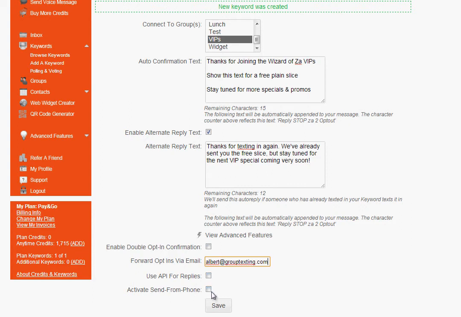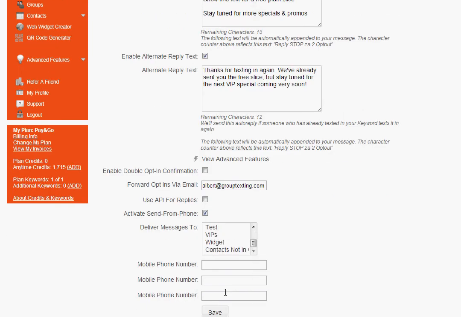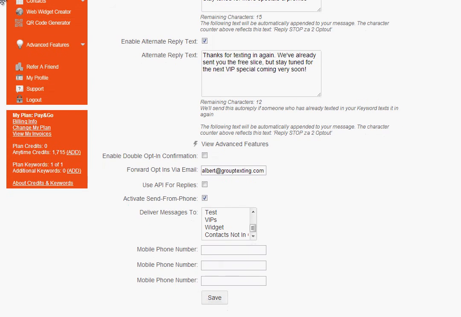Now, the send from phone feature allows you to send out group text messages from up to 3 administrator phone numbers. And so just like you've selected a group to add the contacts to when they text in, here you're going to select a group that's going to be the group that you're sending to when using the send from phone feature. So I'll select my VIPs group here. Now you can enter up to 3 administrator phone numbers, which will be able to blast out the messages by first dialing the long code